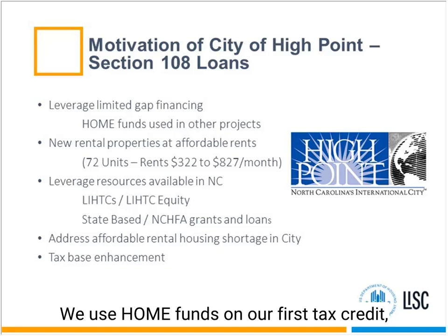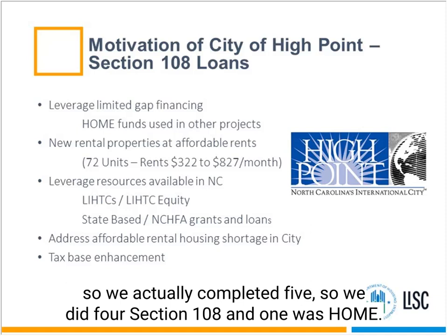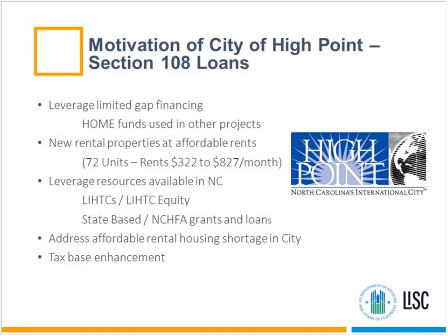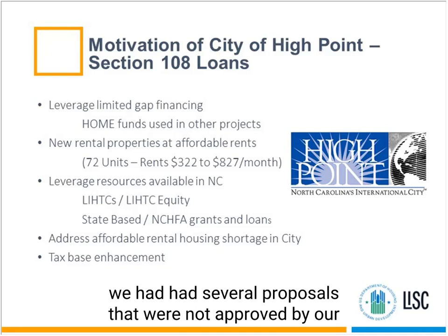We used HOME funds on our first tax credit, so we actually completed 5. We did 4 with Section 108 and 1 with HOME. I guess you can say hindsight's 20/20 looking back on it. We had several proposals that were not approved